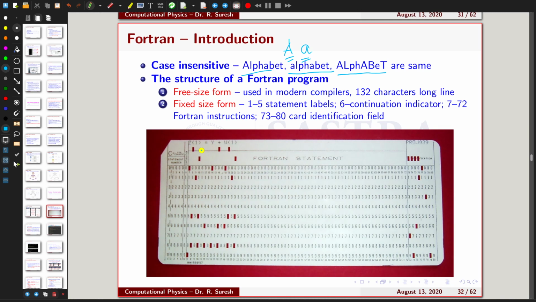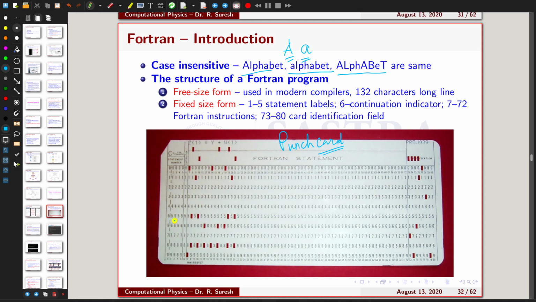People used punch cards. You may have heard about this. This is the punch card, which has been used to feed the instructions to the computer. Initially, this was one of the heavy input devices. They typed the instructions on this punch card, then fed it to the card reader so that the computer could understand or decrypt the instructions into computer language.